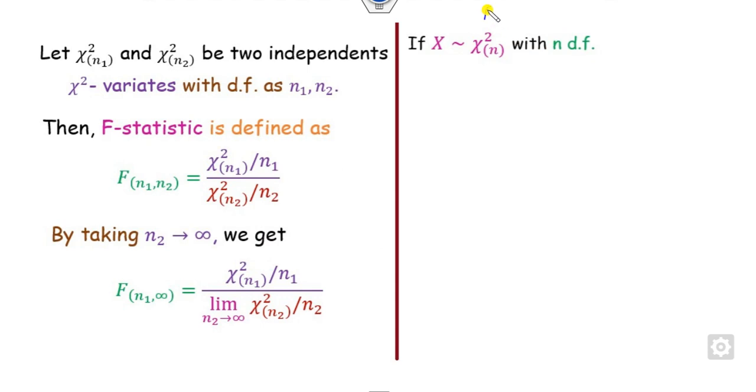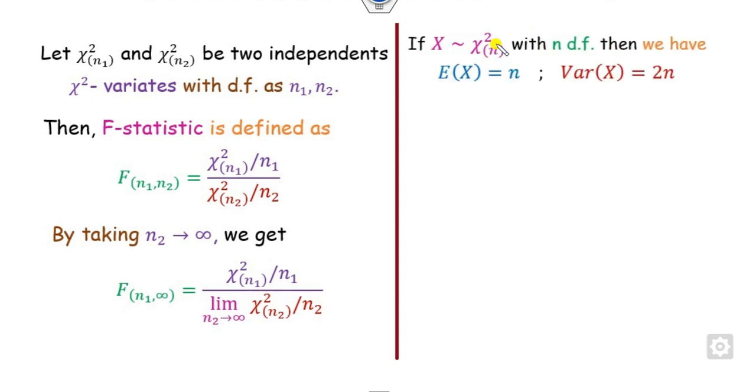So in general, you can say it's a remark: if X follows the chi-square distribution with n degrees of freedom, then we know the mean and variance. Now whenever we talk about n approaching infinity, what is the meaning of that? The degrees of freedom become larger and larger. So whenever n approaches infinity in statistics, what comes to mind? That is the central limit theorem. So whenever n approaches infinity, we think about the central limit theorem.